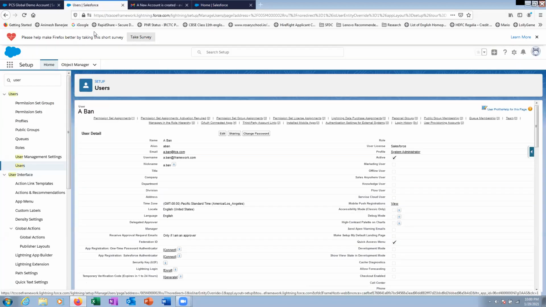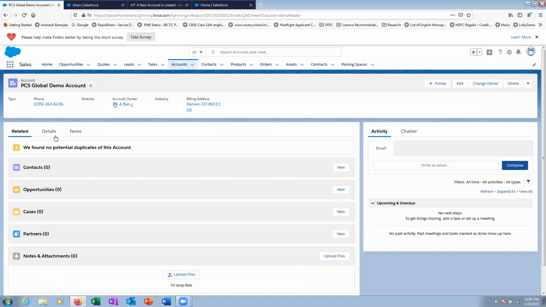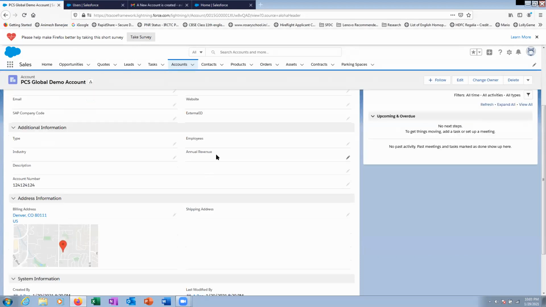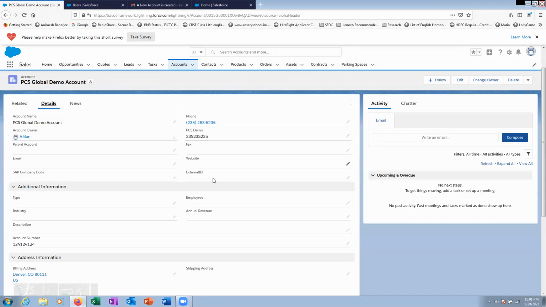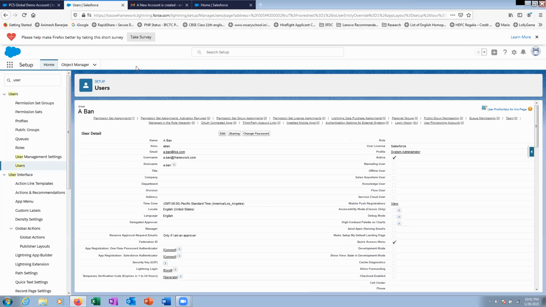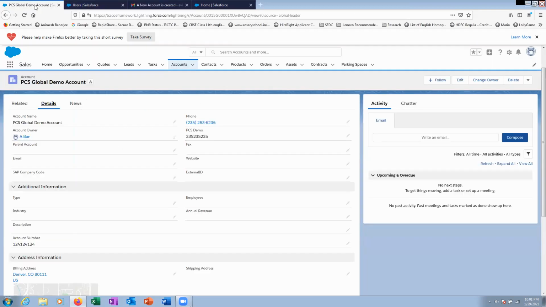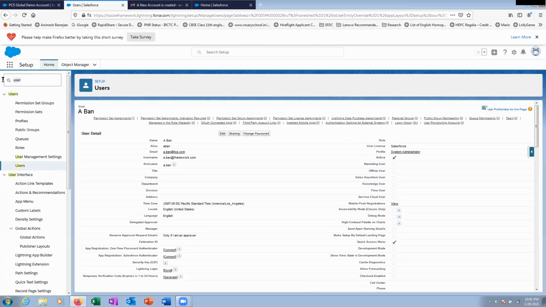Now, if you go to this account, what if I want to put some external ID automatically, or maybe the type automatically, or maybe annual revenue automatically for any account, right? Let's make it annual revenue automatic if I am not filling up this value. So this you can also do using workflow rule. So if you go to the same workflow rule,